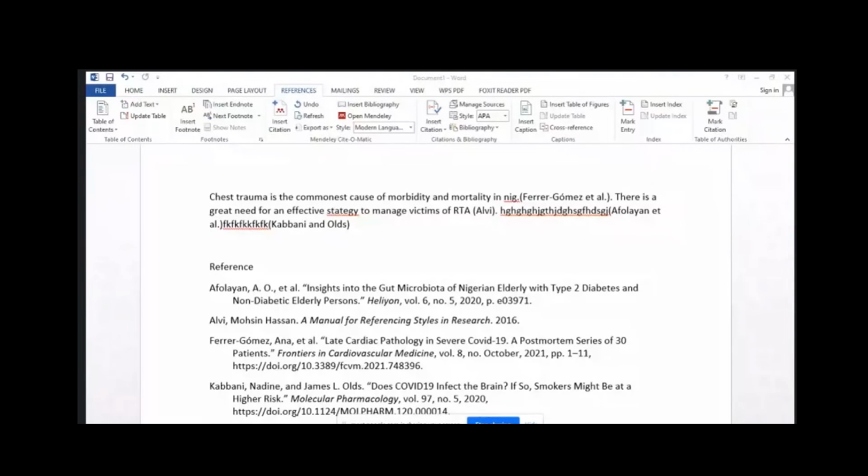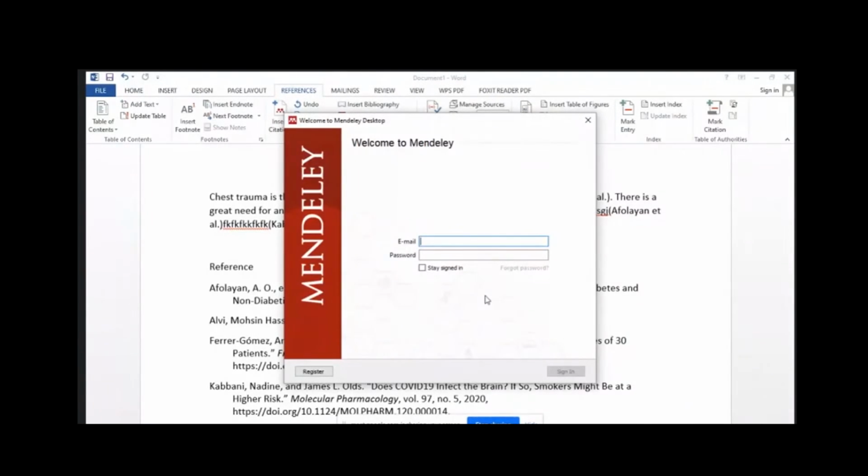Let me try opening it from scratch. I think I have just 5 minutes more, so I'll quickly rush. So this is my Mendeley. Once you have downloaded your Mendeley desktop, this is what you are going to see. So you quickly write out your email. My email is Michael1953 at gmail.com. I want to be fast so that people can ask questions. So this is my password. Then I click sign in.